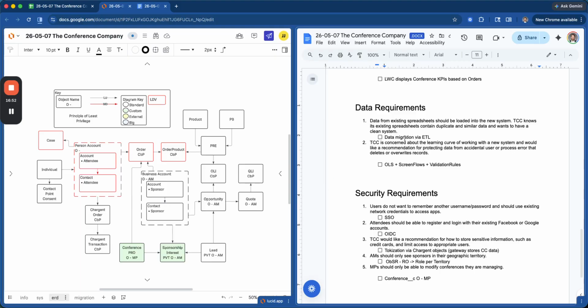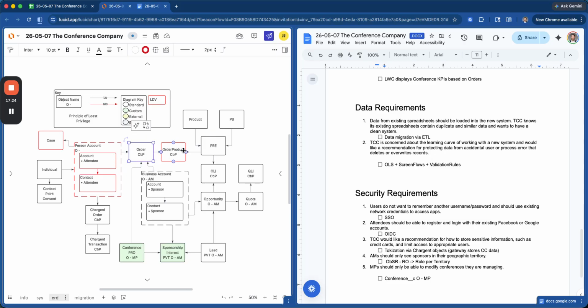We're also going to assume that we'll need to migrate the orders and order products. It didn't really specify the historical information requirement, but we'll assume we need to migrate those as well. So for any existing conferences, including pending conferences, we'll need to make sure they are migrated with orders and order products.